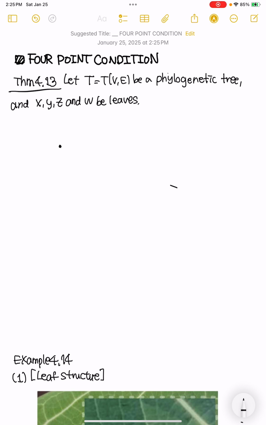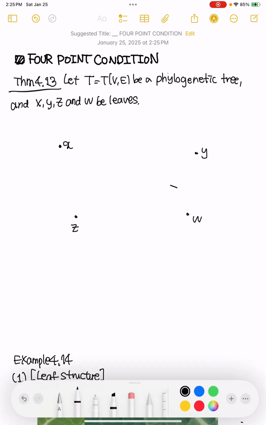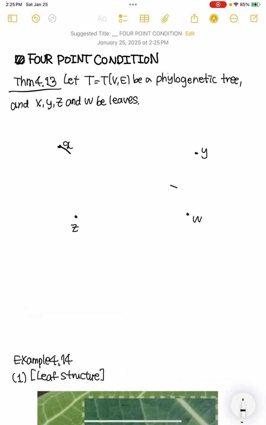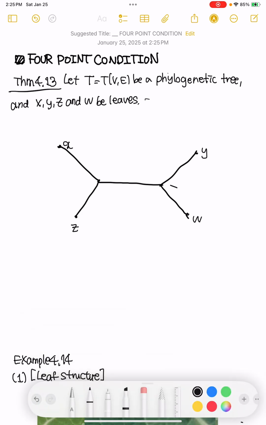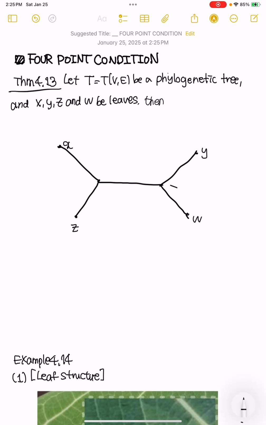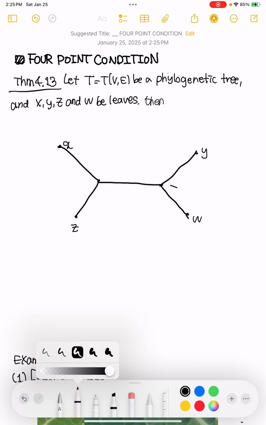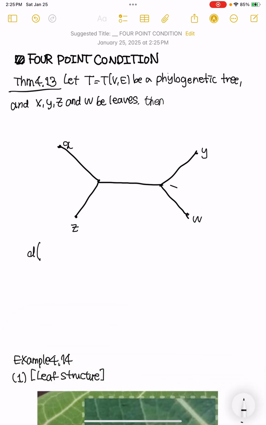So if I plot the graph X, Y, G, W, we can think about it like this. One phylogenetic tree. Then the relation, if four points are given, is that